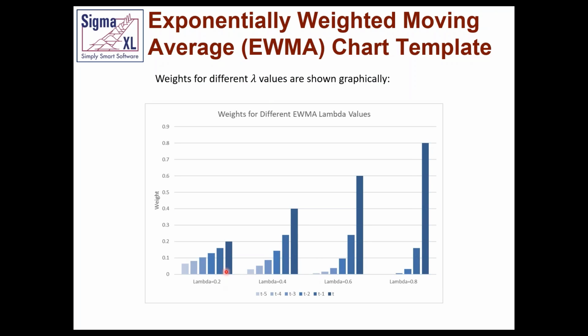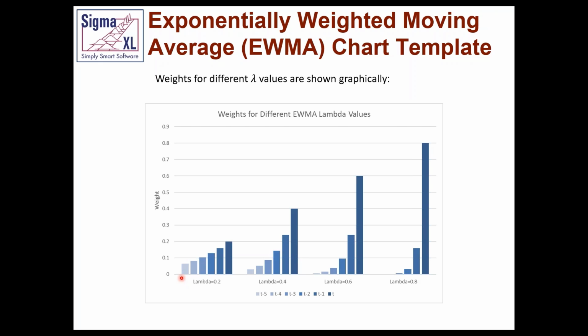If I have a lambda of 0.2, you can see that the weight changes rather slowly with respect to the older data. If I have a lambda of 0.8, it drops off quite rapidly. So basically, as lambda approaches 1, you essentially turn this into a Shewhart chart. As lambda approaches 0, it becomes more like a cumulative sum chart. Well, we also have the cumulative sum chart as well, but this is just to give you a feel for